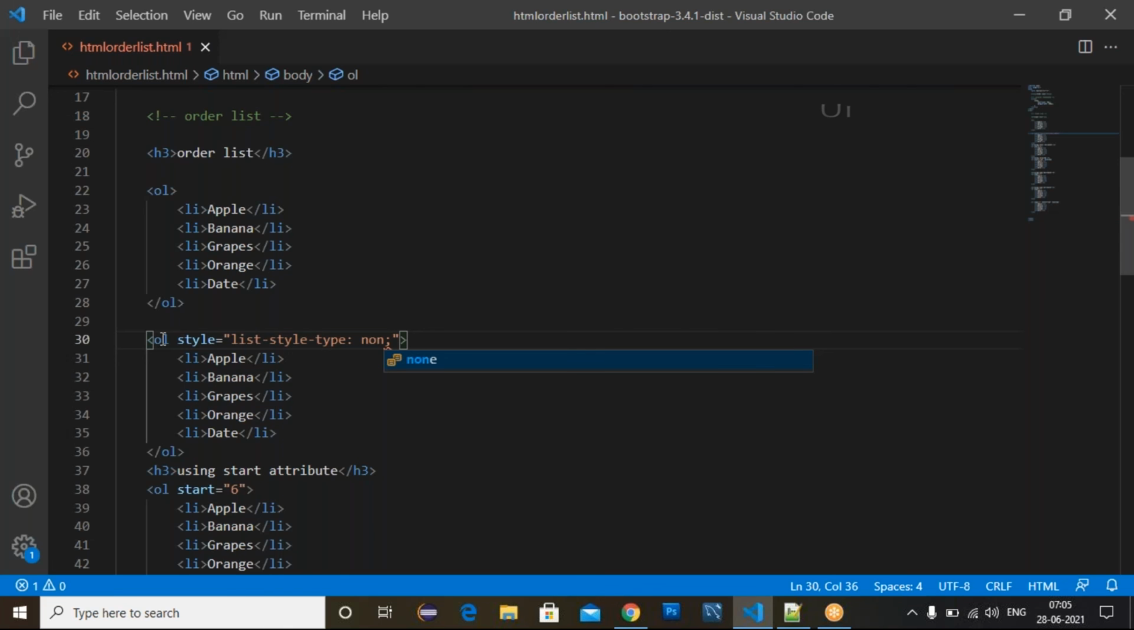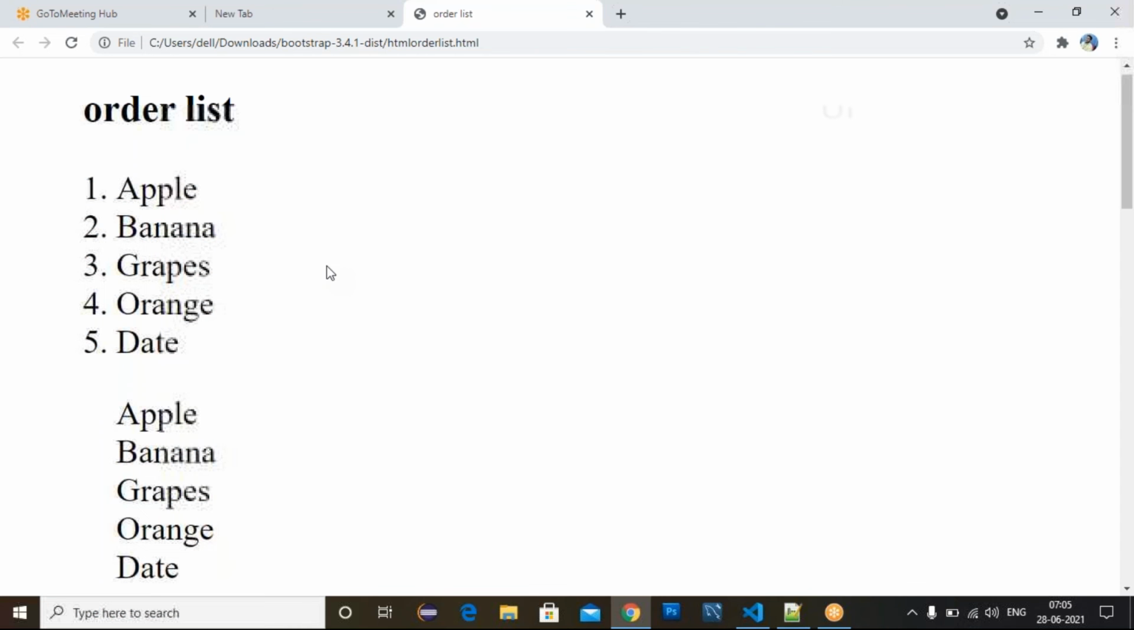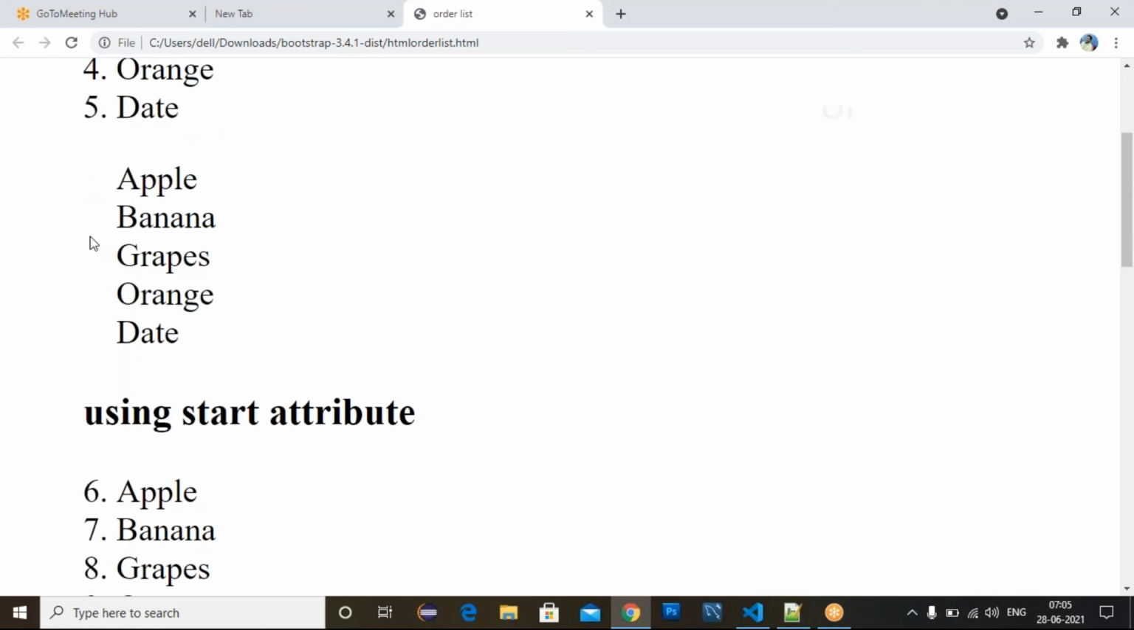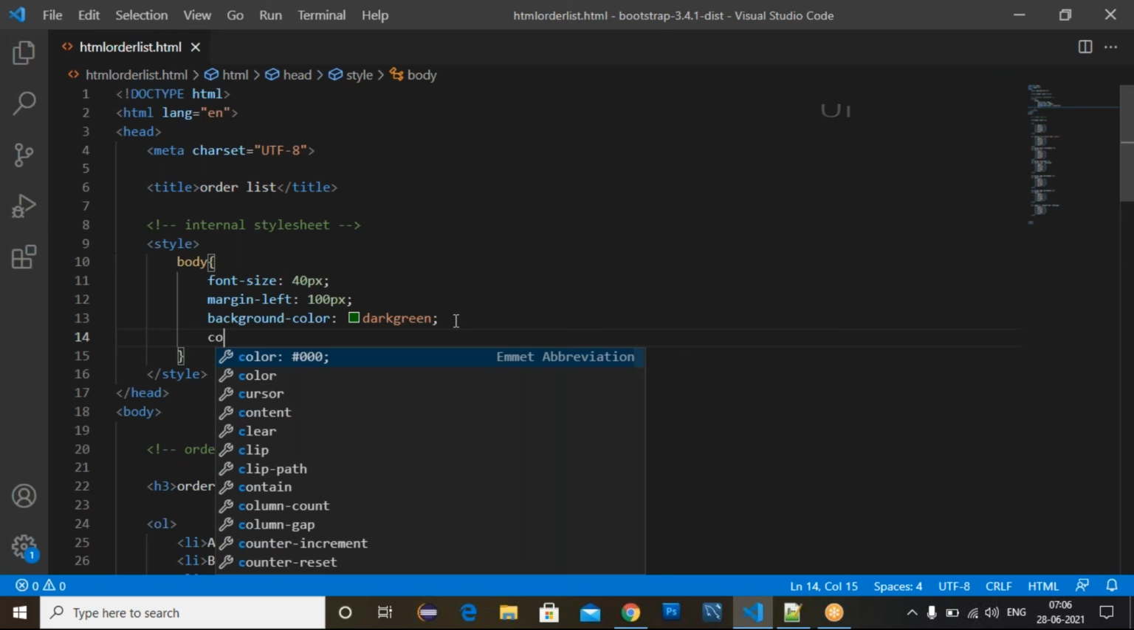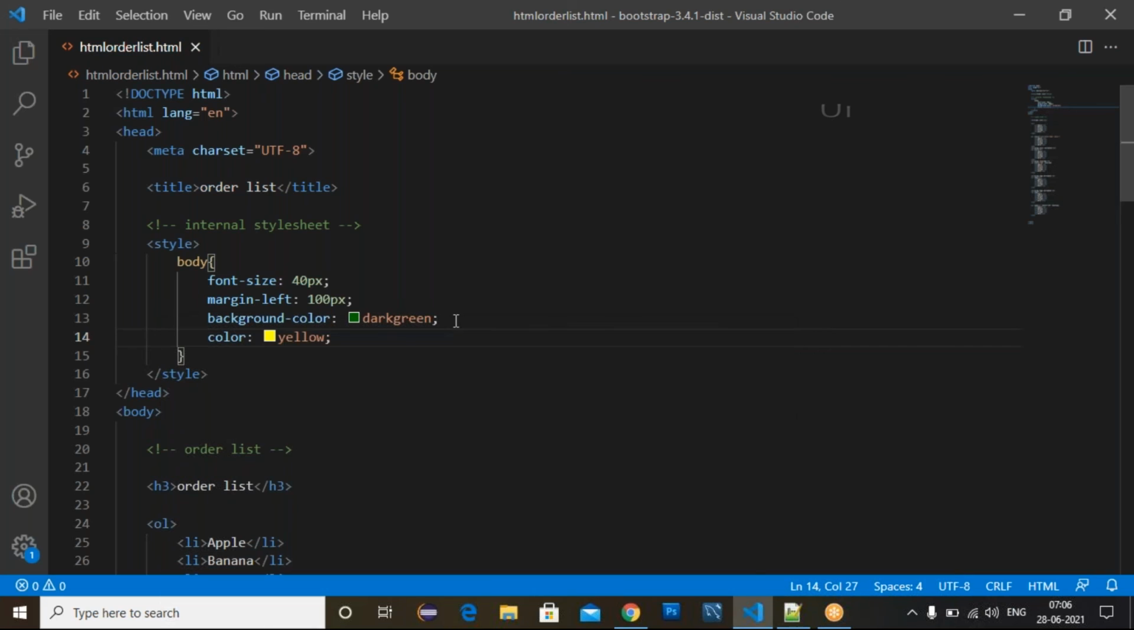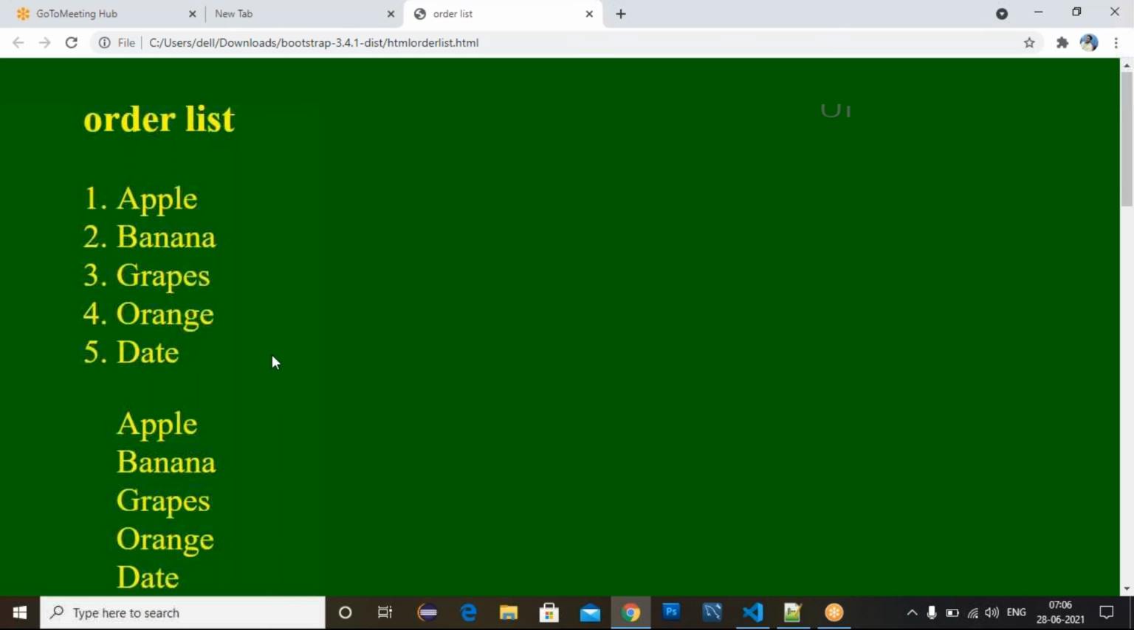And if you want to apply color for the entire list, just write background-color, which will give the background color for this body. And you can write this color, just write yellow. Now go to this browser, reload this page. Look at this. So we place color for the entire list items. So like this, the order list will be